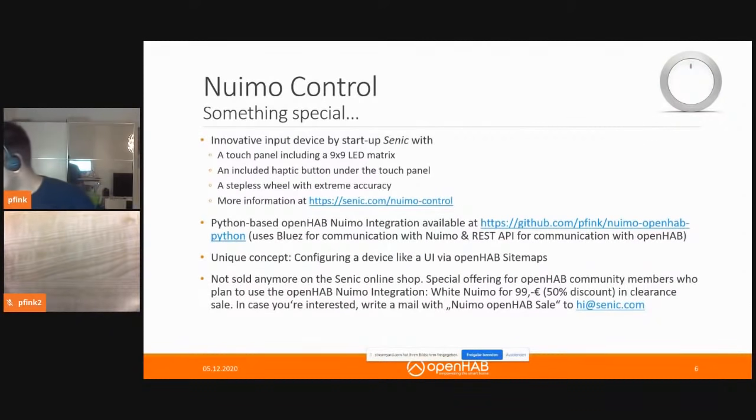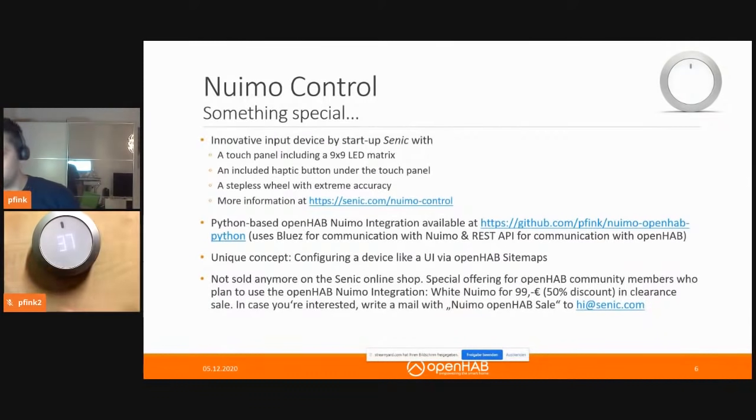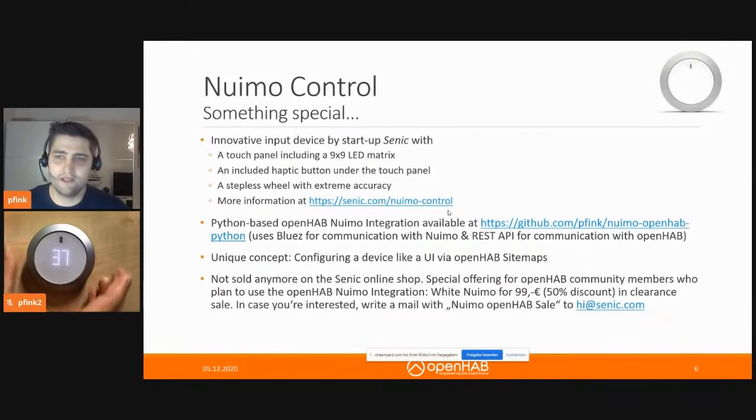Now we come to, let's say, when I ask my guests, the most appreciated device in my smart home. Yeah, it's a very expensive device, but I like it very much as it provides many options. It's a Nuimo control. So that's really something special. It's a device that has a wheel on its side, and